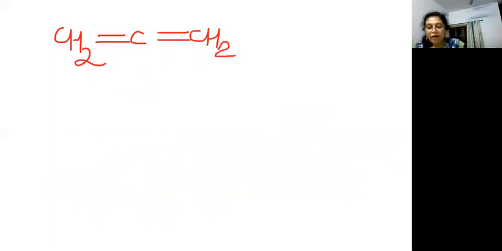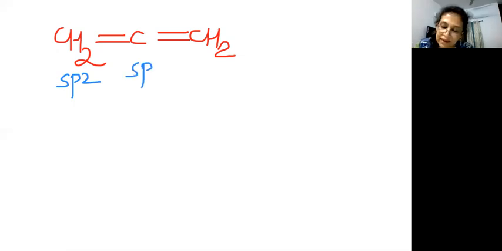Now there is another good molecule which we haven't covered, which is known as allene. So I will be doing allene with you. Allene is this. If you have double bonds on adjacent carbon atoms, it is known as allene. Now, if you look at the structure of allene, the first carbon here has 3 sigma bonds, so it is sp2 hybridized. The carbon in the center has 2 sigma bonds, so it is sp hybridized. And the carbon on the side again has 3 sigma bonds, so it is sp2 hybridized.